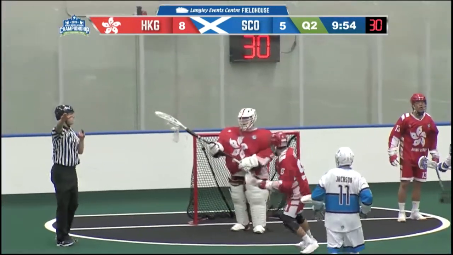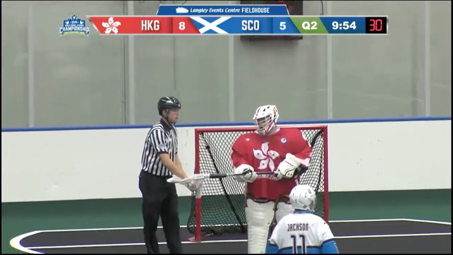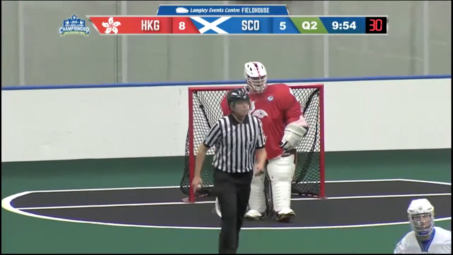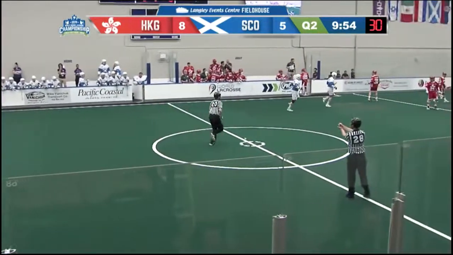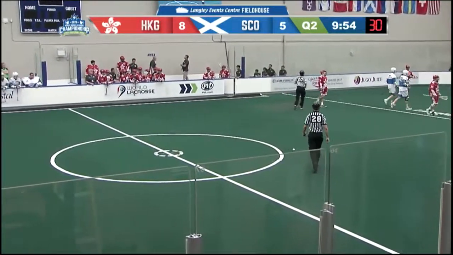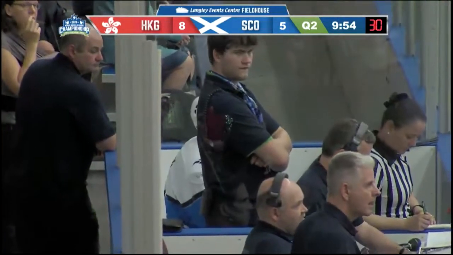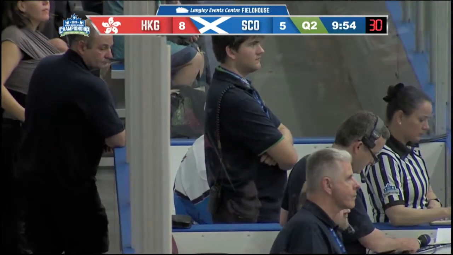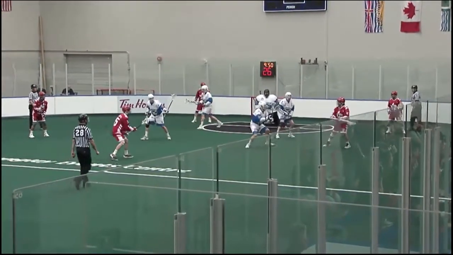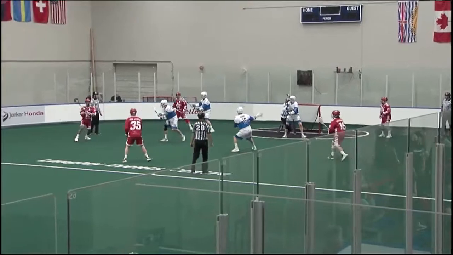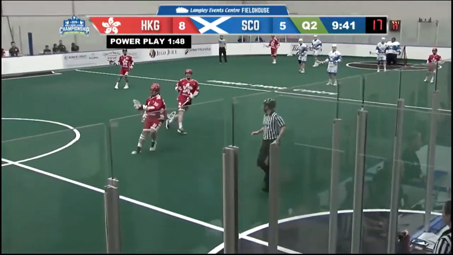And a loose ball to the Hong Kong goal. Taken by the starter, Jansen Nye. As Hong Kong will bring the ball back into play just inside Scotland territory. Just inside of 10 minutes remaining in the second quarter. Houghton now moving it back and forth with Marc Lamy. His shot, a wide glove side on McFeeters. Bouncing ball back to center.